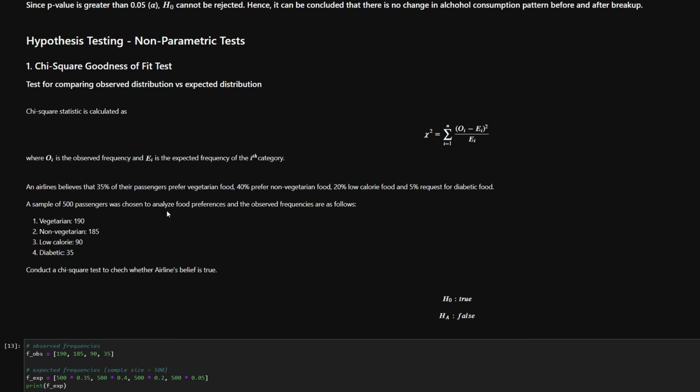So whenever we pose a real world problem, we need to see which test we need to do. And I really hope that you're able to grab something out of it through these examples and the conditions and the requirements that I've put up for each kind of test. Okay, back to the example.